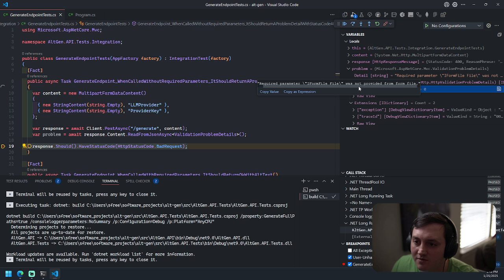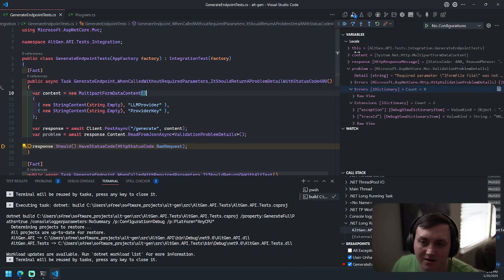Required parameter IFormFile was not provided from form file.